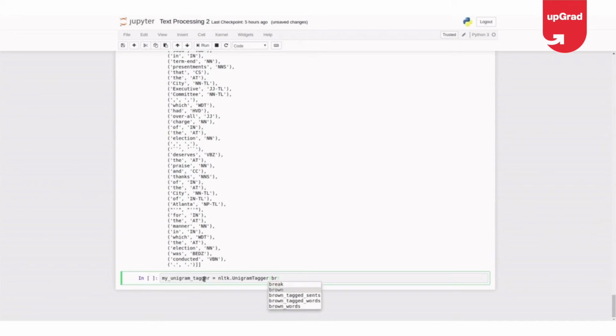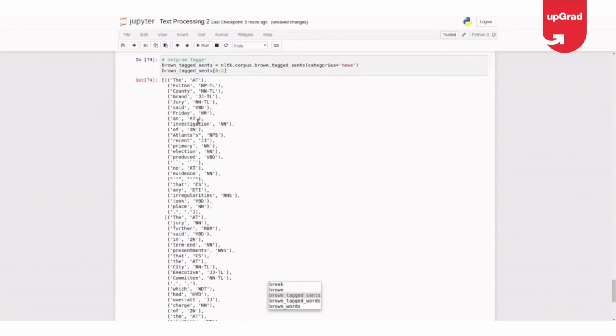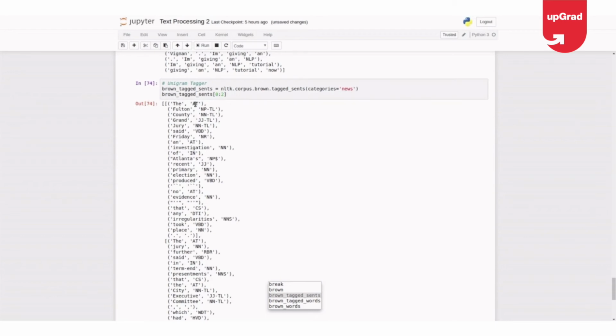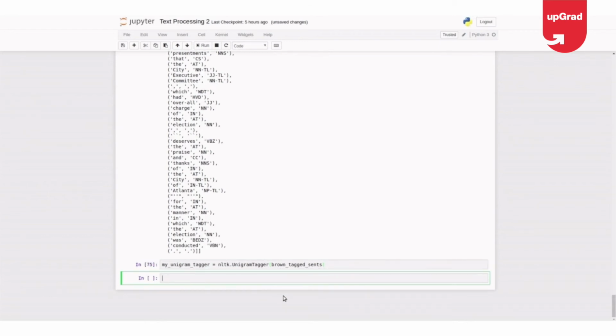Brown tagged sentences. You see this brown tagged sentences, there are two sentences we have printed, and each sentence has words which are having POS tags. That's why I'm directly giving this tagged dataset. Okay, so it has built my unigram tagger based on the brown corpus.